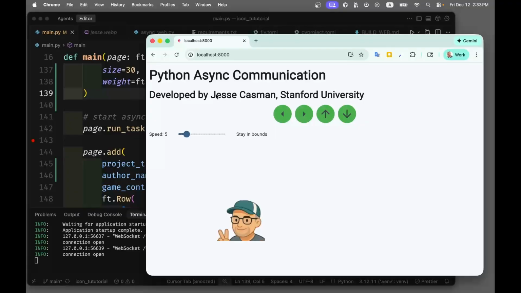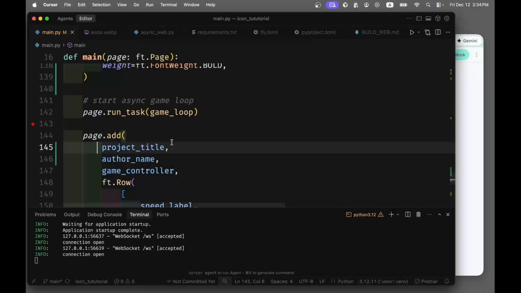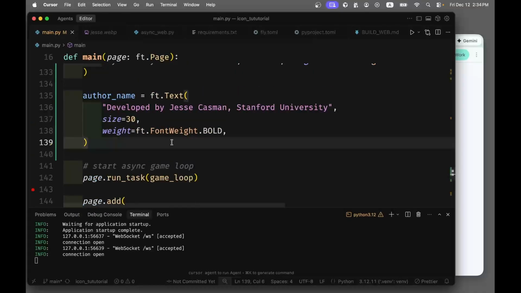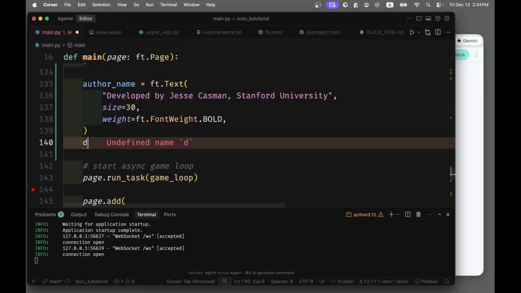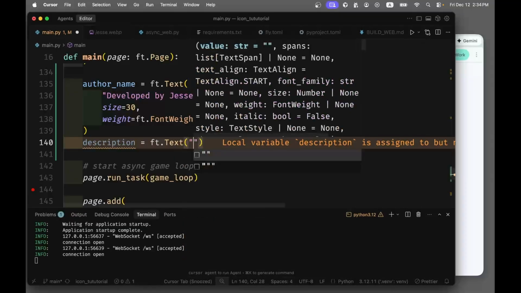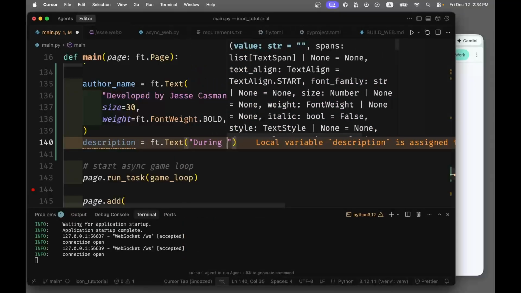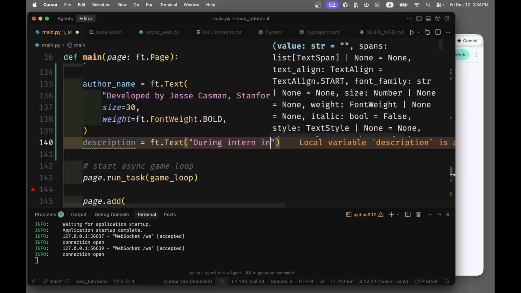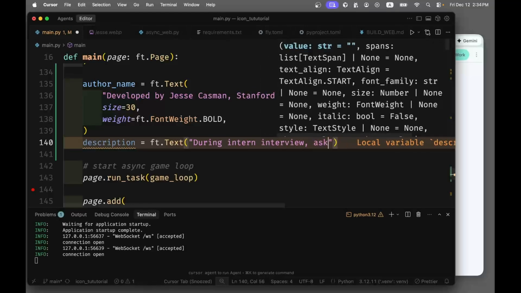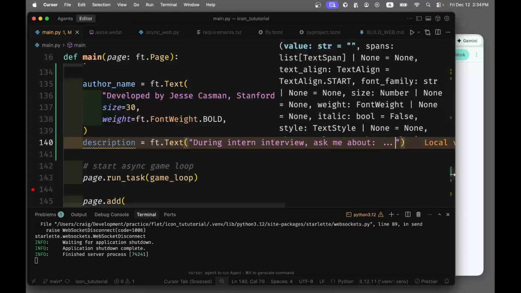Okay, looking good. So you need to promote yourself here, but it's justified, right, because you're doing the work. And then I'll just put an example of what you know, especially if you continue to practice it. This is just the starter, right? During an interview, ask me about, and we'll put some topics here. We'll just get the